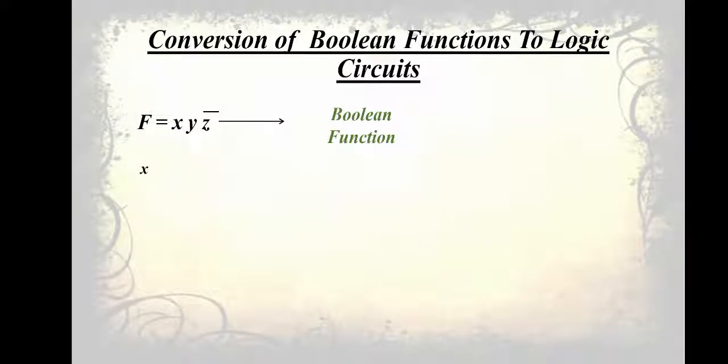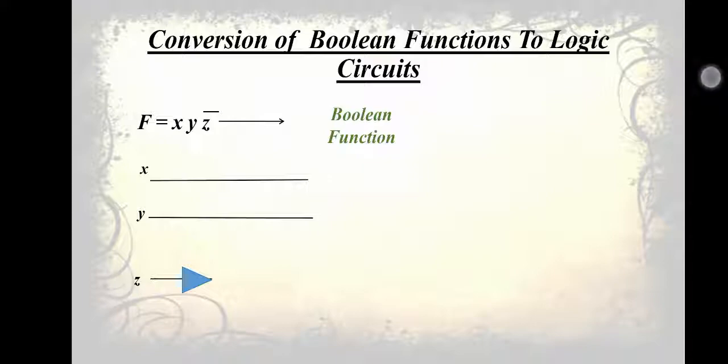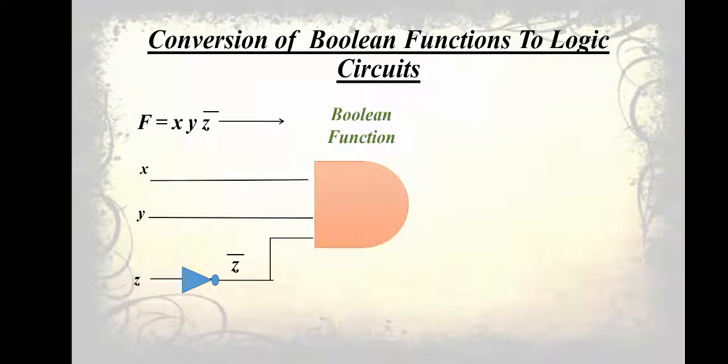Now for the logic circuit, first of all we will take the inputs in sequence. First x is an input, then y is an input. After that we will take z as an input. You can see that on z there is a sign of NOT, so we have to draw the NOT symbol and we will represent it like this, z'. Now after representation we have to connect these three inputs with which gate? AND gate. So we will draw the D shape for AND gate. Now here x, y and z' are connected with the AND gate.